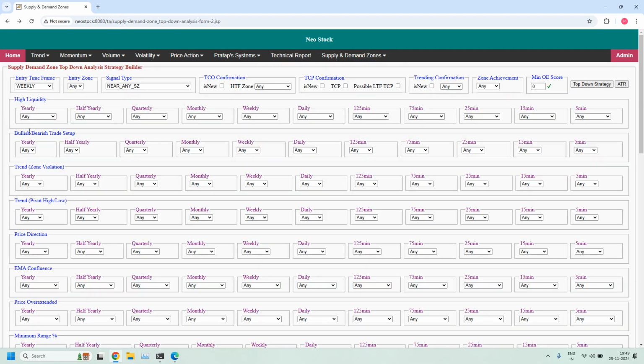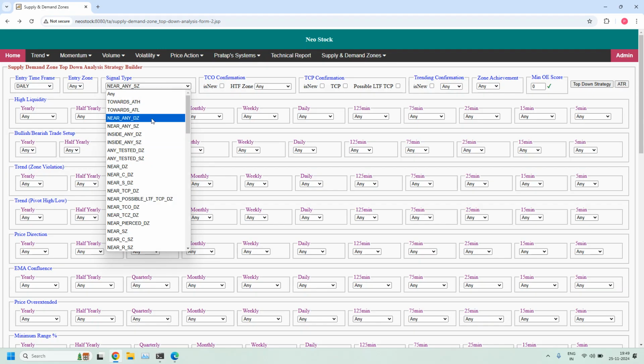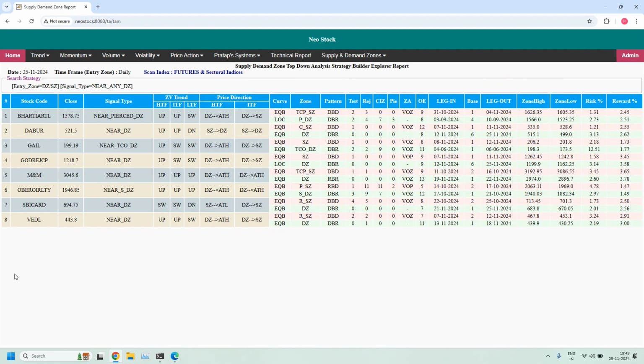Next time frame is daily. Entry time frame daily. Let us find the stocks near daily demand zone. 8 stocks are filtered. Let us identify high liquidity demand zones from this list. Oberoi Realty is having a daily high liquidity demand zone. We have only one high liquidity demand zone from this list. Okay, next,